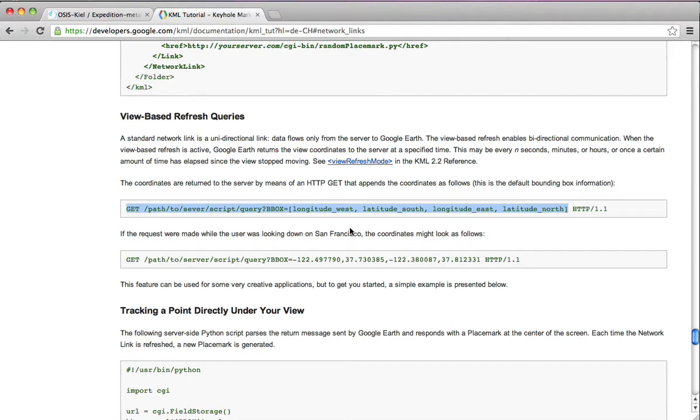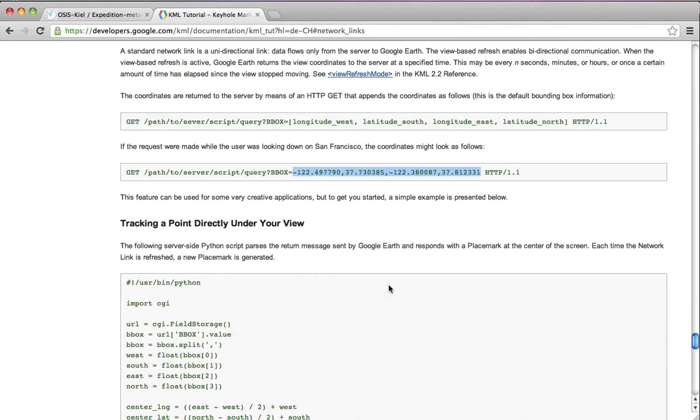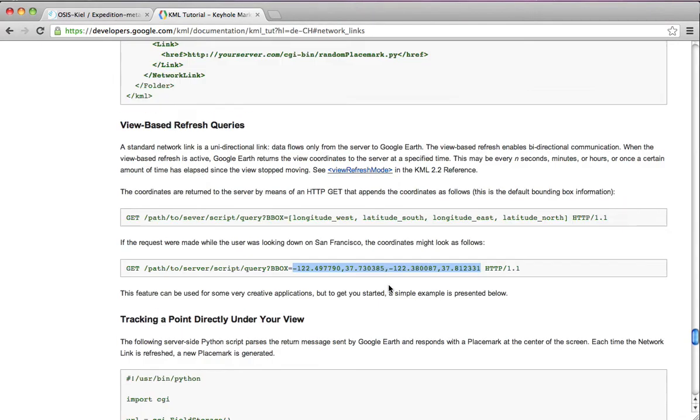So you can use this kind of information on your server and query the database in a georeferenced way. Please read more on this page about this feature, and I will show you now how you can